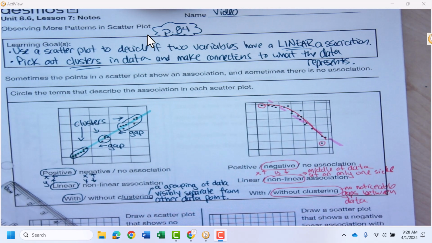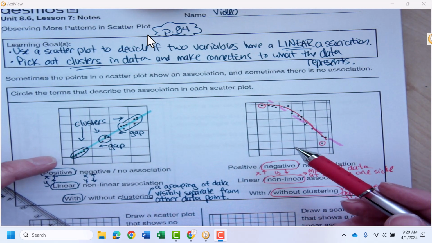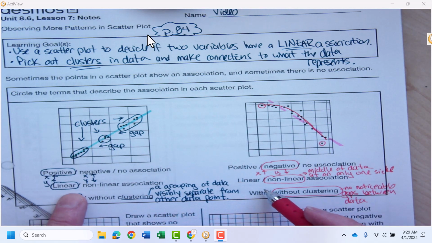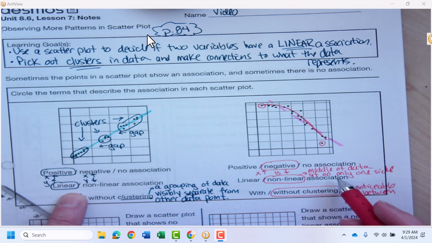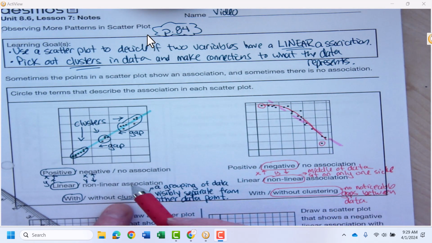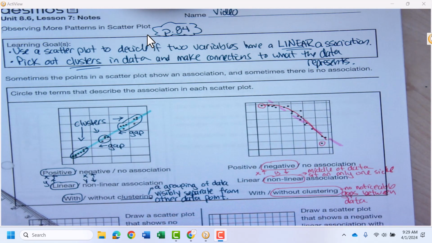So in the activity today, when you get to it, you're going to be asked to make decisions about whether the data is positive or negative, whether it's linear or nonlinear. And you can tell whether it's nonlinear if the middle of the data is pushed to one side of that line you're trying to make, and whether it has clusters or doesn't have clusters. And if it has clusters, then there's probably noticeable gaps in between those clusters. All right,